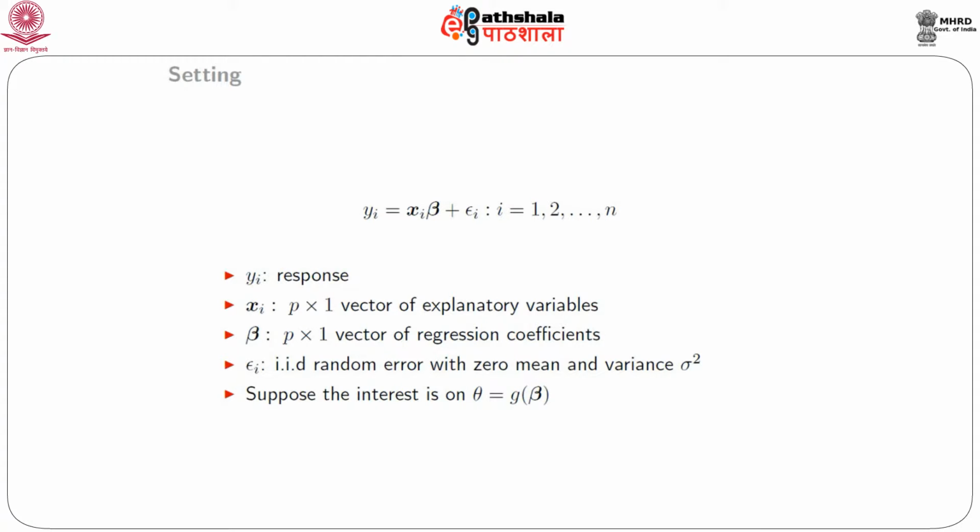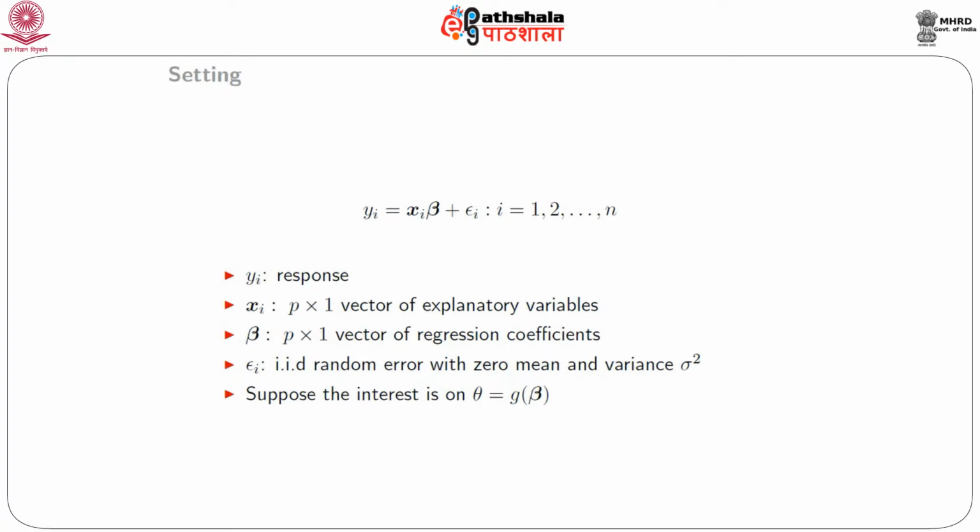Setting: assume that the linear model is y_i = x_i transpose beta + epsilon_i, i runs from 1 to n, where y_i is the response, x_i is the p cross 1 vector of explanatory variables associated with y_i, beta is the p cross 1 unknown vector of regression coefficients, and epsilon_i is the random error, assumed to be independently and identically distributed with 0 mean, that is expectation of epsilon_i is 0, and variance of epsilon_i